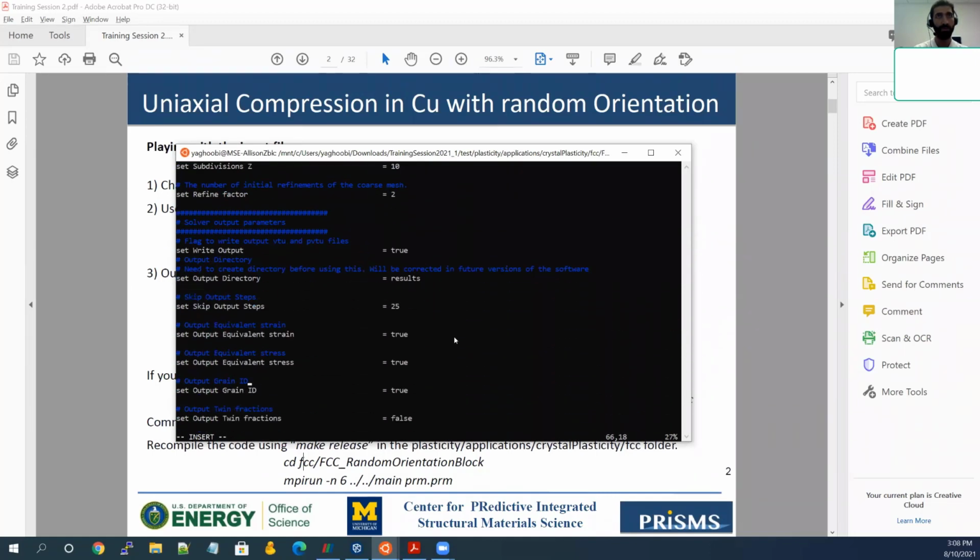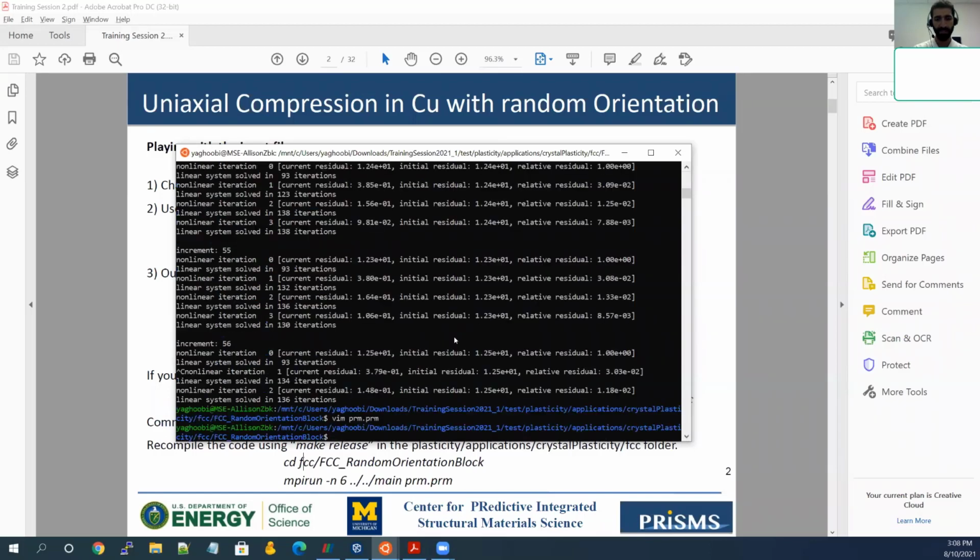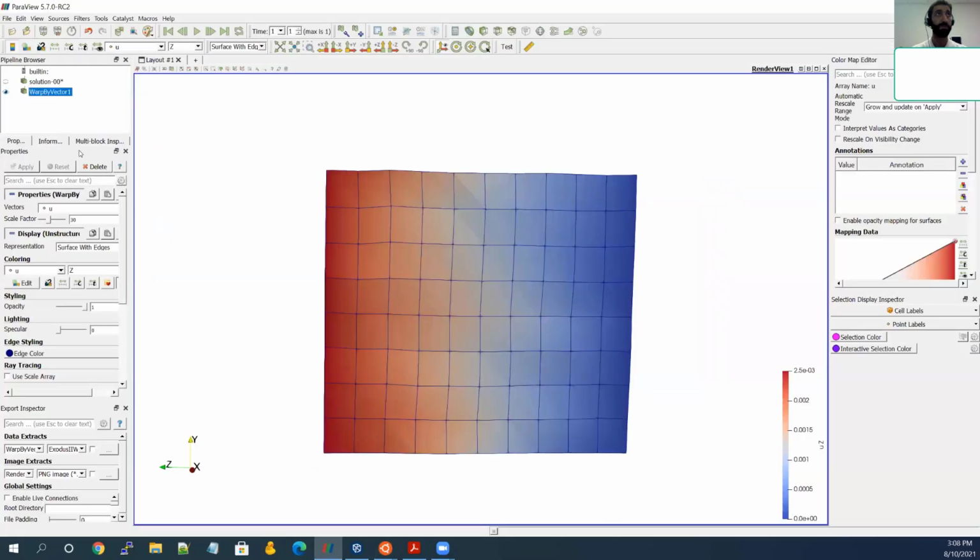And then I will set the skip output equal to 1. You will see that the simulation will be tremendously slower. First, let me